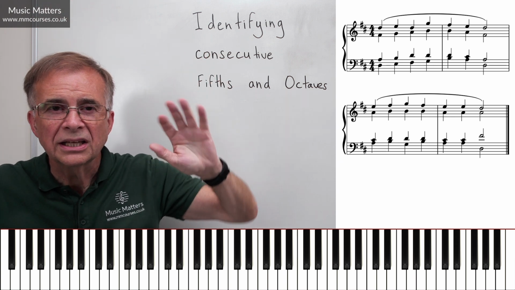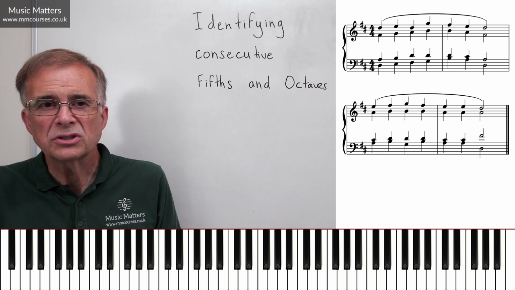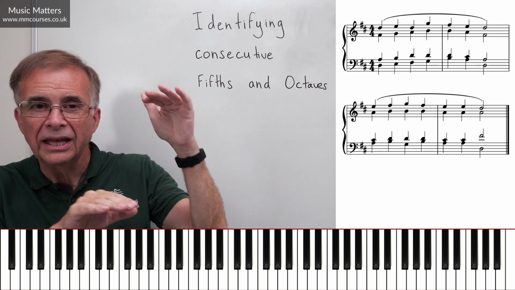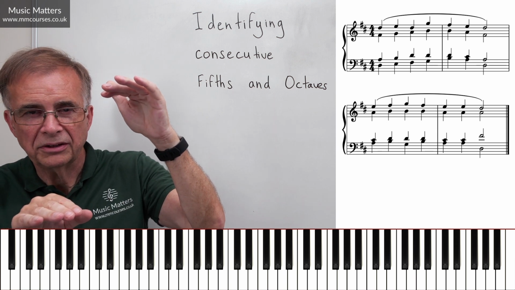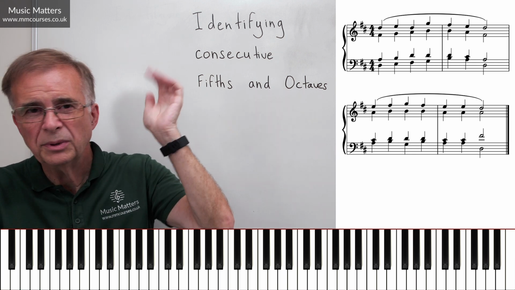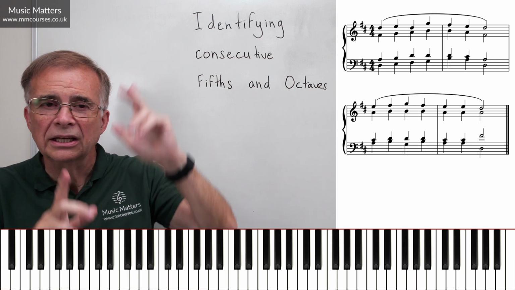Comb through the whole piece, and you get quite quick at recognizing intervals. So if you see a fifth, just pause for thought and think, is that a perfect fifth? Is it followed by another perfect fifth? If you're looking at other intervals and you think, that's a third, that's a sixth, you don't have to worry about it. You know you're okay. But if you see a fifth followed by a fifth, stop and check.